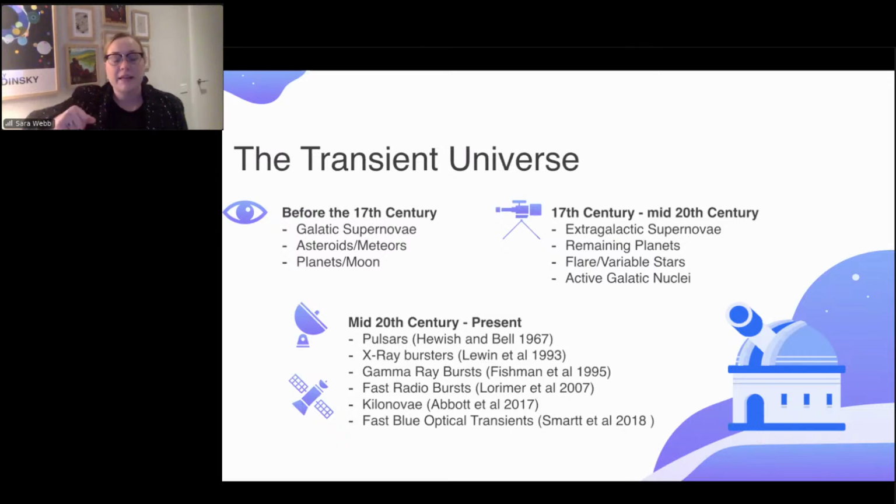And then in the last 50 years or so, we have explored not only the optical things that we typically see with our eye or with a standard CCD, but we are seeing transients across the full electromagnetic spectrum, from radio transients all the way up to very short duration gamma ray and high energy transients.